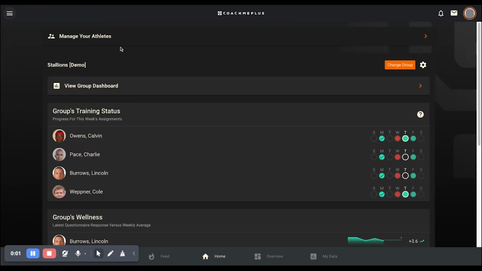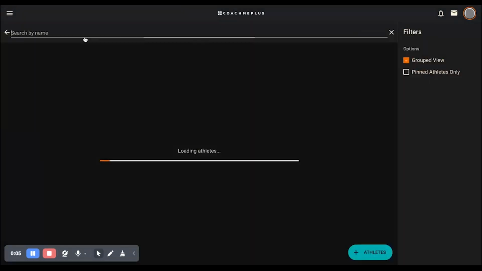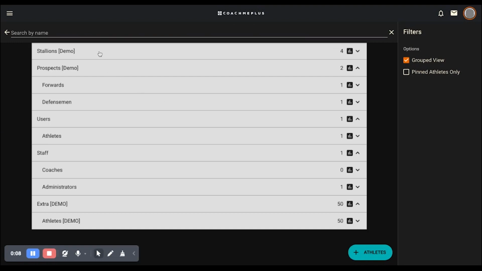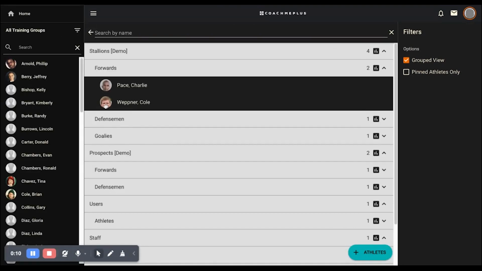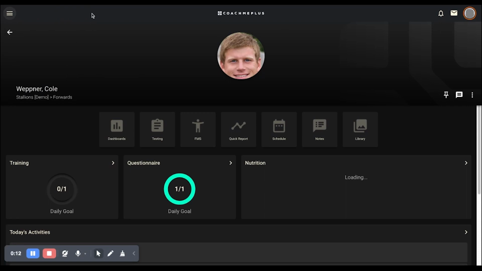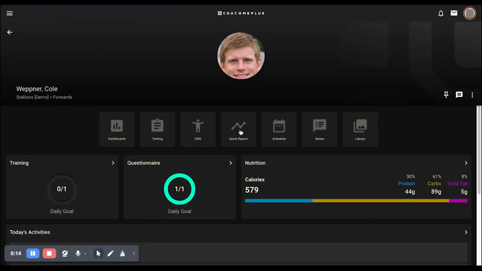To run a quick report on any athlete in the system in CoachMePlus, you want to first navigate to manage your athletes, and then jump in and grab any athlete that you want to look at so you can get to their main profile page. Once on this profile page, you're going to select the badge right in the middle here for a quick report,